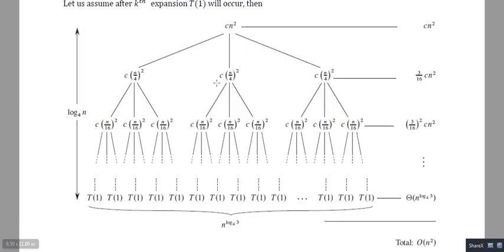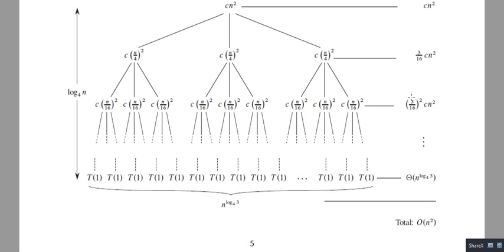Okay. So now if we take the first level, the total cost in the first level is Cn square. The cost in the second level is C n square by 16, how many times? 3 times. So 3/16 Cn square. Then again in this case, n square by 16 square, Cn square by 16 square, how many times? 9 times. 9 means 3 square. So we can write (3/16) whole square Cn square, right?